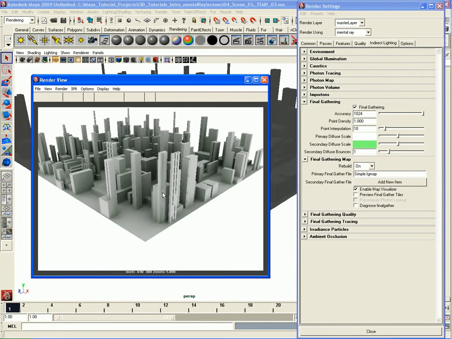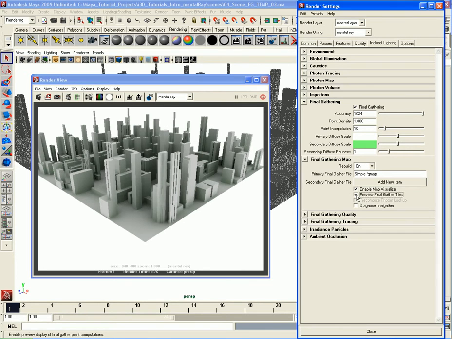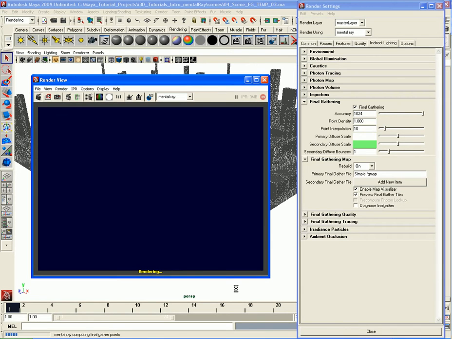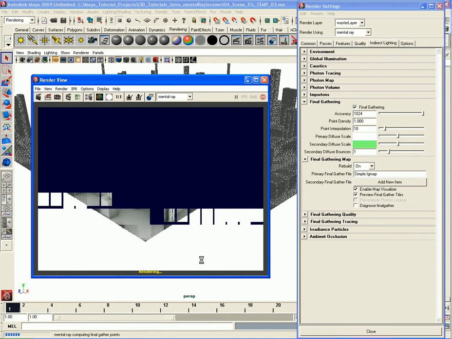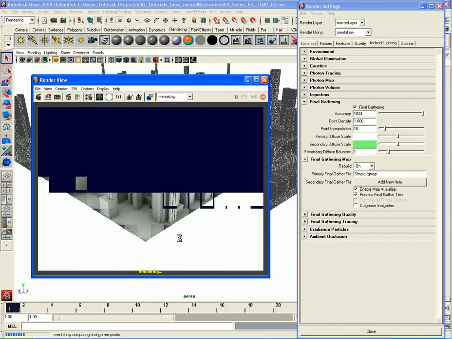Which could be a good thing or bad thing. If you don't like to see those tiles, you can turn it off. If you do, you can turn it on. I like to have it on because it allows me to see what in the world is going on. You can quickly and easily see if the lighting looks right. If the lighting was too bright, you'd be able to tell in this preview,